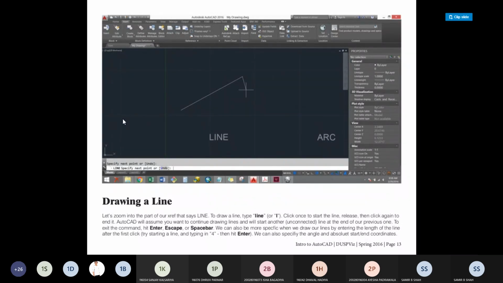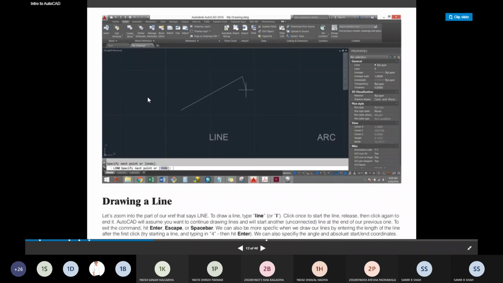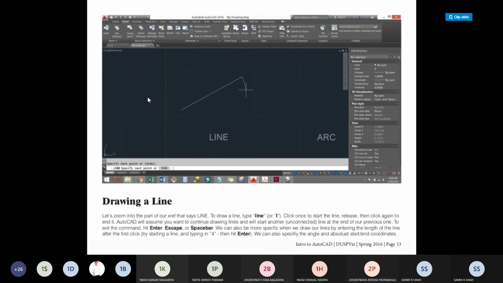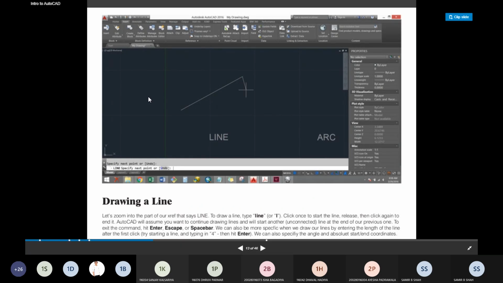Yet the command has not ended. Only your line has ended. Okay. It means AutoCAD understands that here you require to draw more things. If you want to exit from the command, then you may press Enter or Escape to end the command. Unfortunately, if you want to continue and you still ended it, then at that time, once again you may select the line. So with the help of line, either you type line or you type L, or you may just select the line command from the menu bar, and you may draw the line.